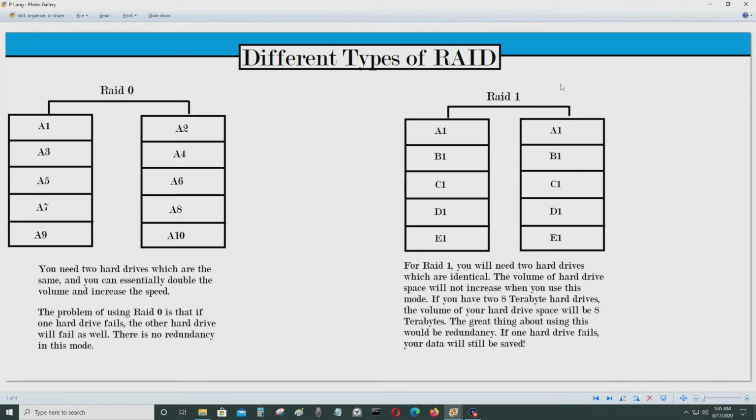Let's go to RAID 1. What you need for RAID 1 is two hard drives which are identical. The same as with RAID 0, you need two hard drives that are identical. However, in RAID 1, you're not going to be doubling the space. So if you have two 4 terabyte hard drives, you would only have 4 terabytes of space,